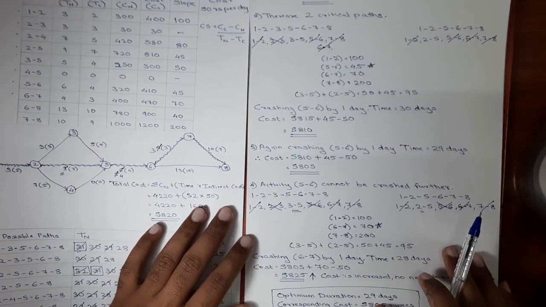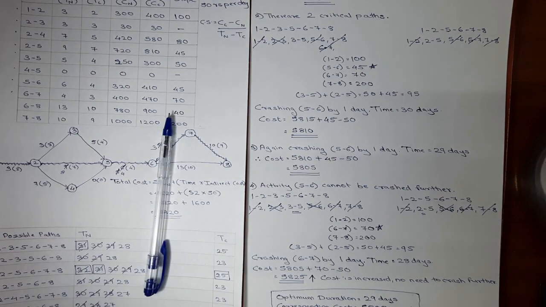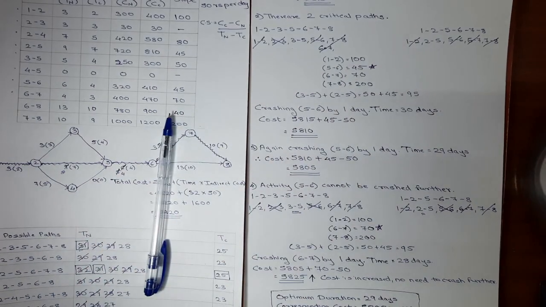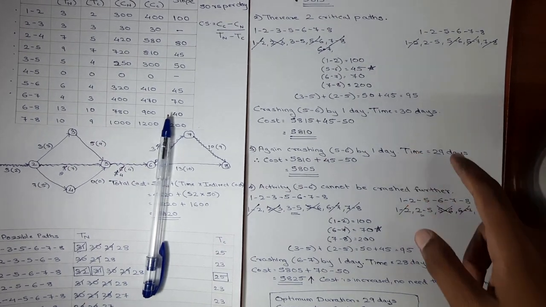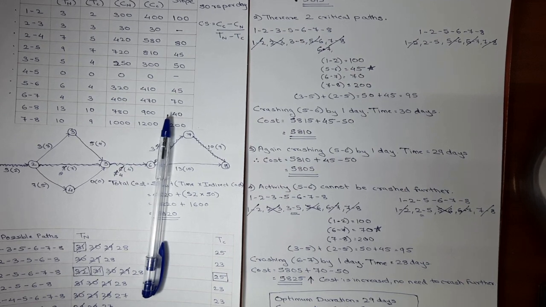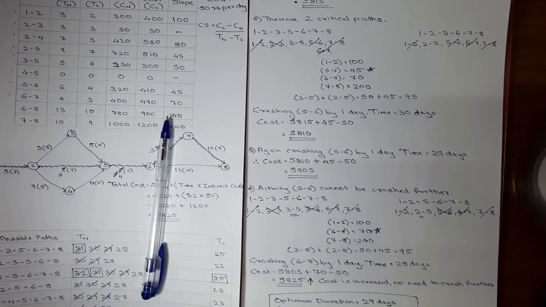Now the point which is to be made over here is in third step of crashing. You have to always remember one thing in mind. After crashing at a certain point, let's say after crashing it in the second step, no new critical path was introduced and no activity was exhausted. So there is no point in writing all the paths again, writing the individual paths and making combinations. We can just refer to the first steps and we'll crash the activity which was crashed further because there was still scope for crashing that activity.